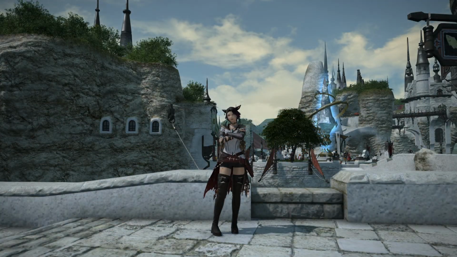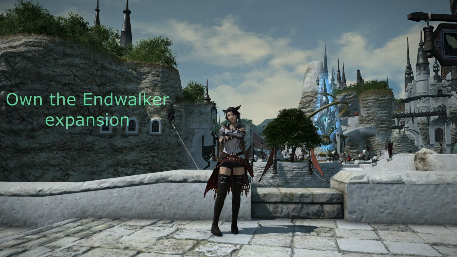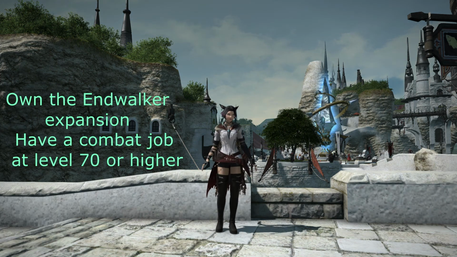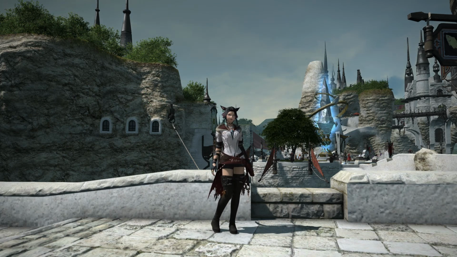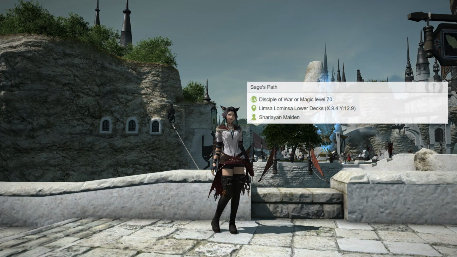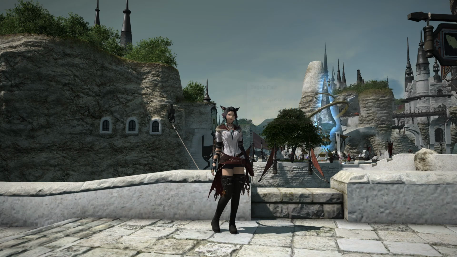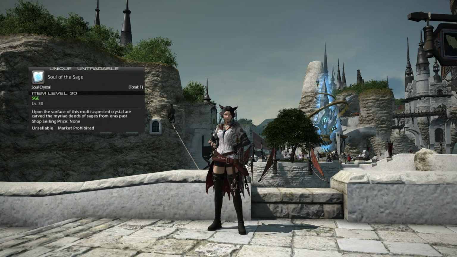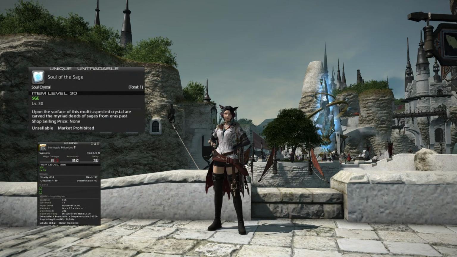Right guys, so in order to unlock the Sage job, you need the following. You need to own the Endwalker expansion, and you need to have a combat job at level 70 or higher. Now once that's done, you will come here to pick up this quest. Now the NPC isn't here for me since I've unlocked it already, but finish her quest and you will be the proud owner of the Sage Jobstone, your first set of nouliths, and a gear coffer which holds a set